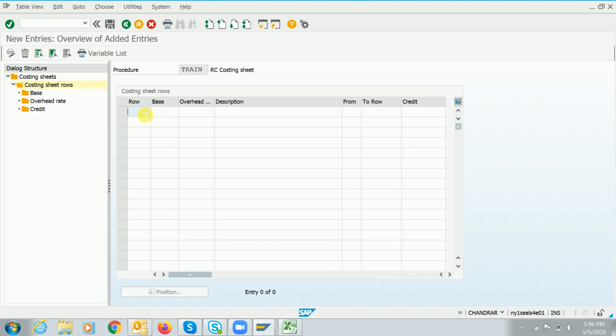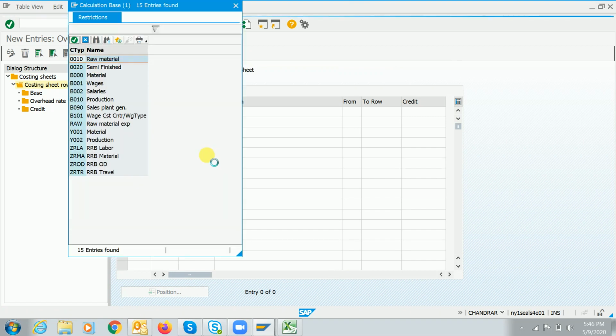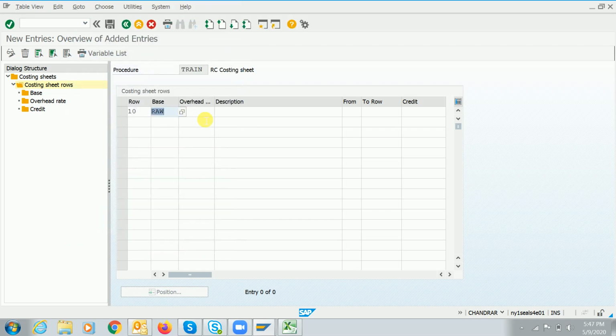For the row, just enter the number 10. Here you have to enter the base, guys. Just select the proper one while choosing. In my case, I took the raw material. Once you select this row, click enter, and you can enter the details in the next line. Base is 20,